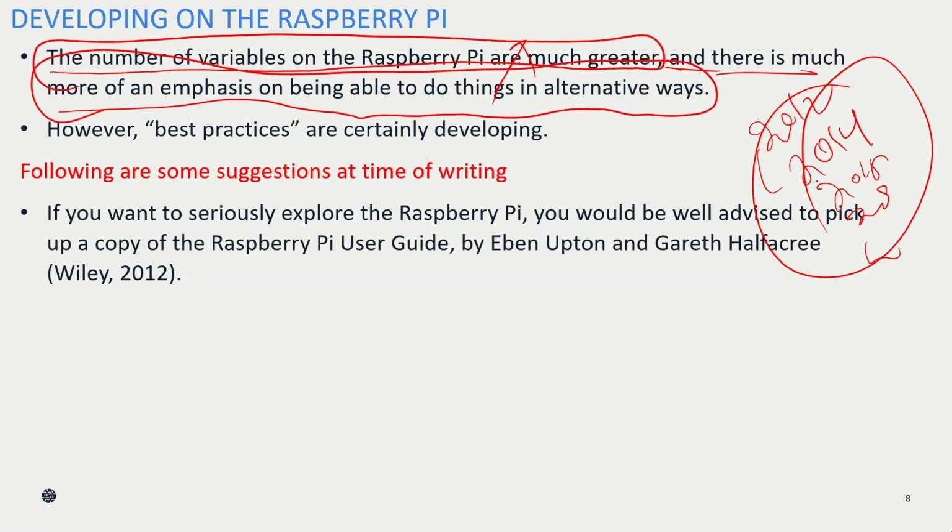So remember one thing here: Arduino is mainly for IoT devices or IoT purposes. But Raspberry Pi is for educational purposes. That is what I told in the beginning. So the main purpose of the Raspberry Pi design is educational purpose. Means people can use it and finish their work. They can complete their project works and all those things can be done.